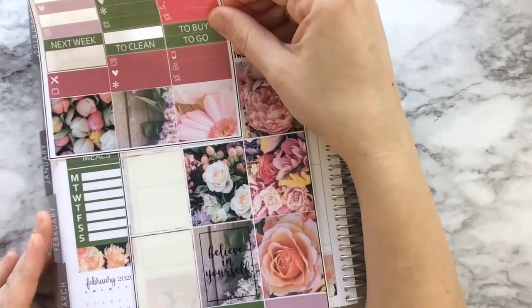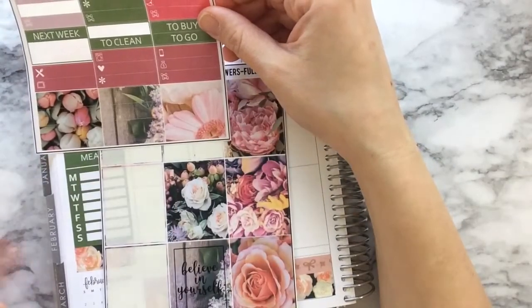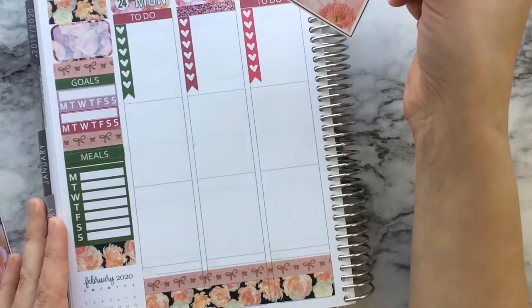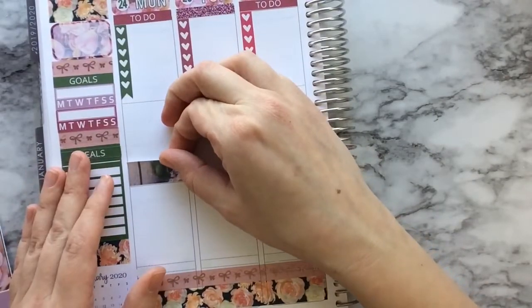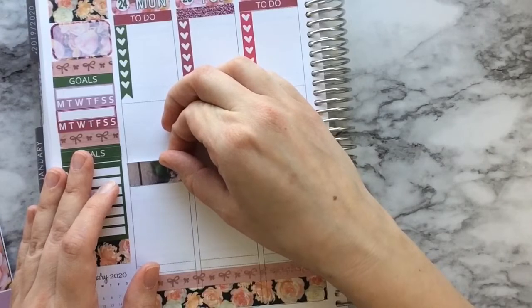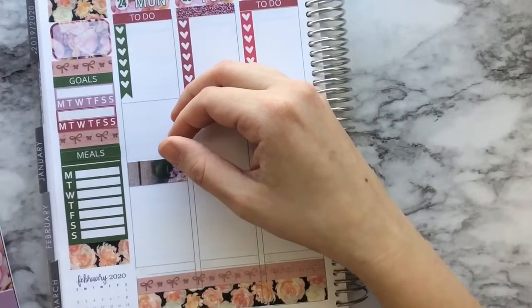So there's some options. I could put these on the days that I'm a little bit more busy, like for example, Monday. And I think what I want to do is put all my full boxes in the middle. So let's just go ahead and see what this looks like. These washi strips. And I'll start with one on Monday while I'm continuing to tell you my thoughts for